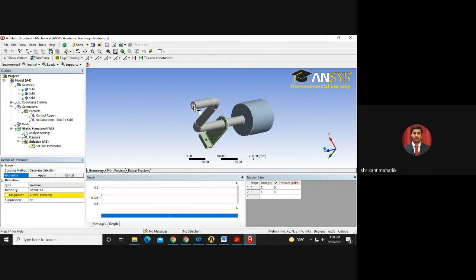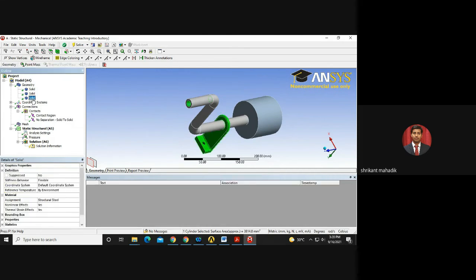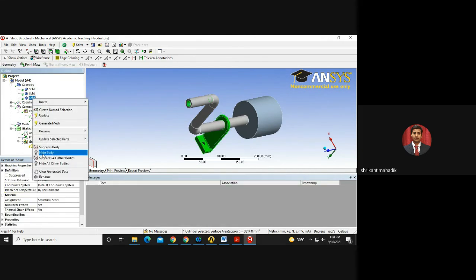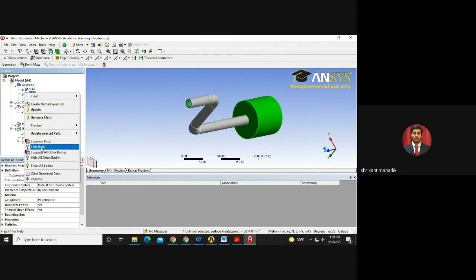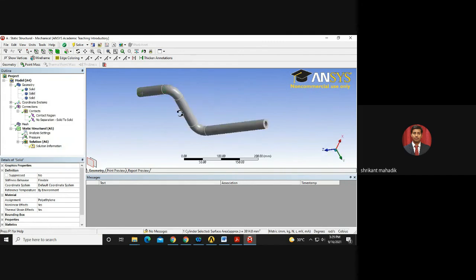Okay, so this is one of the faces, right? Here we will hide this part also at this moment, just for the sake of convenience. Here also hide body. Okay, now we are going to